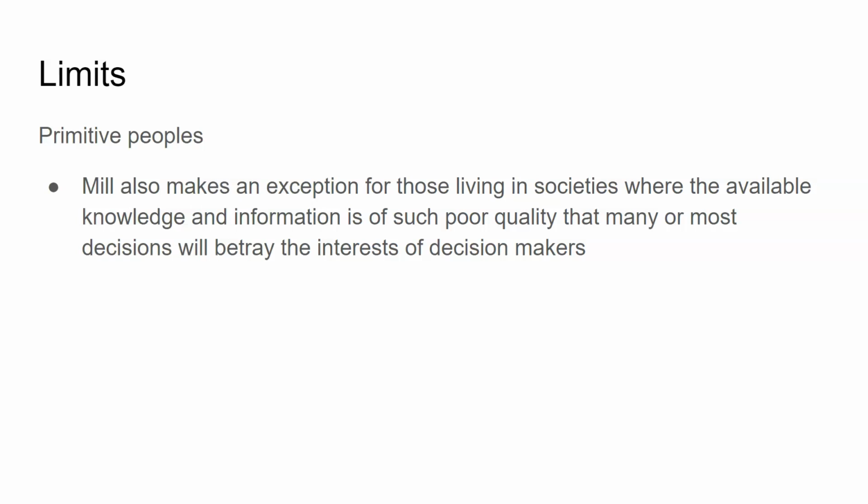But if we wanted to take his argument seriously, one could certainly note that it might be the case that there are places, both within our society and other societies, where the available information and knowledge is really of poor quality, right? If everybody's acting on misinformation and disinformation, then it's impossible for those people to pursue their own interests effectively, right? Because they just don't have the right information. So if they have really weird ideas about what makes crops grow, and so are unable to feed themselves successfully, right? Or really weird ideas about anything, really, that ultimately make it impossible for them to pursue their own good.